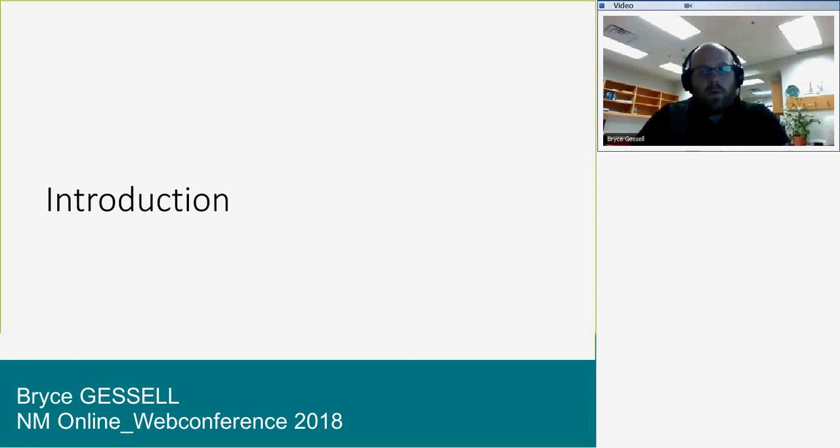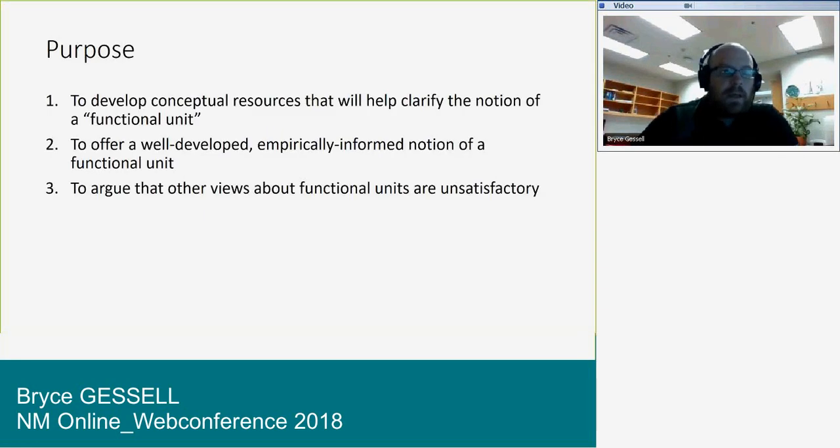So to start off with a little more introduction. My purposes in this talk and with this paper, which is kind of a work in progress right now, so I hope there are comments, is to develop conceptual resources that will help us clarify the notion of a functional unit. Given the importance of this notion in the history of neuroscience, I think it's worth paying attention to. And I think it's worth doing some work to try to make it clearer and give us a useful concept, both for philosophy of neuroscience and for